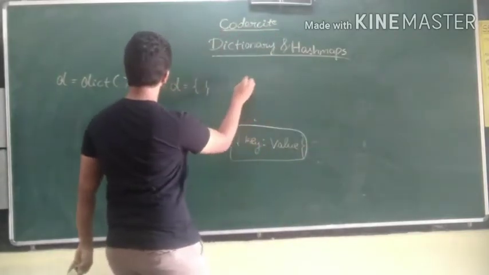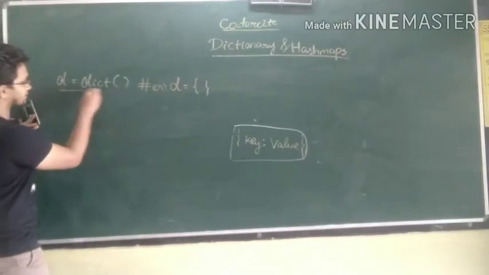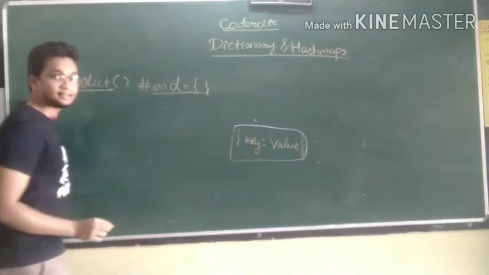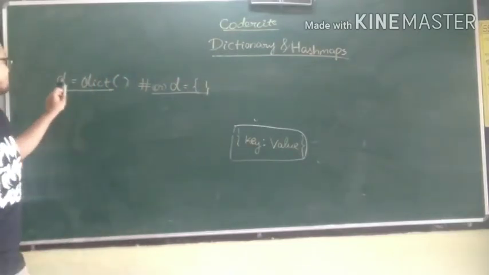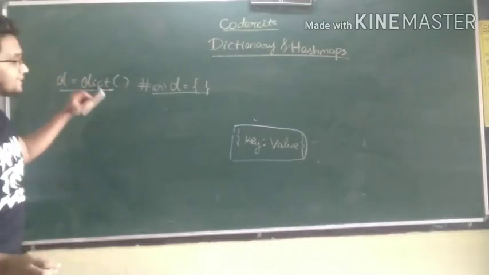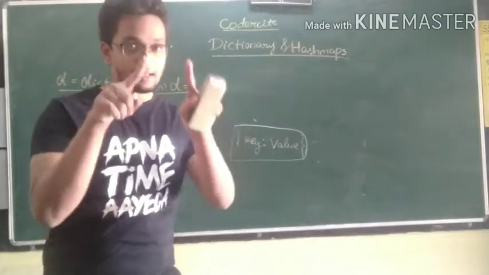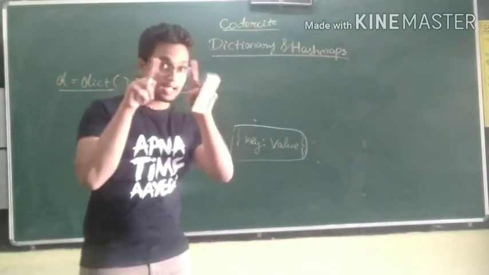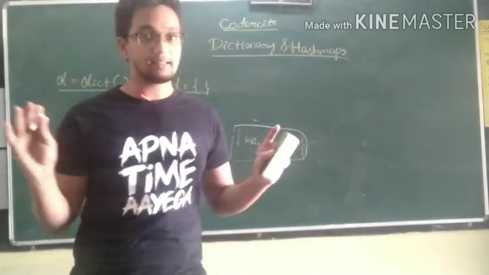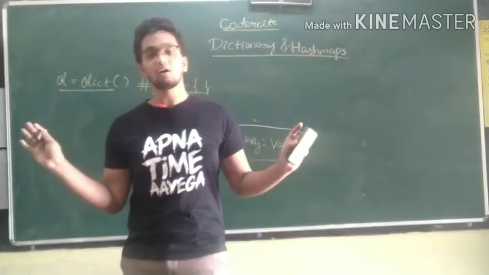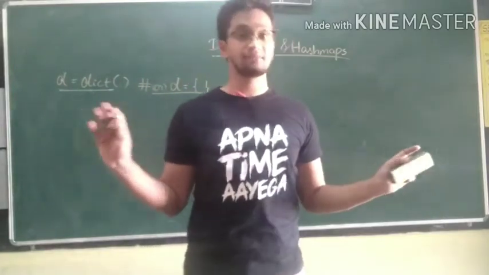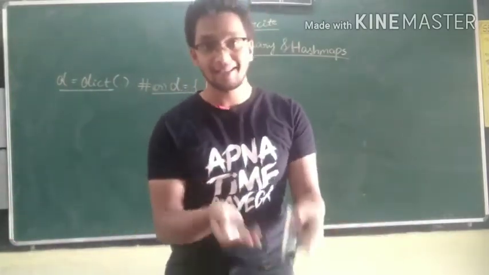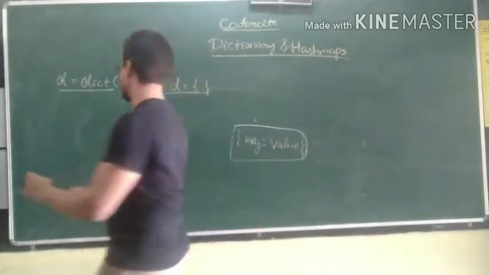So let me take this dictionary over here. You will instantiate a dictionary by this operation. Either this is a variable is equal to dict. Dict is the keyword followed by parenthesis, or these curly braces. That will represent a dictionary. So how to add elements to the dictionary? That is, how to add key value pairs into the dictionary.